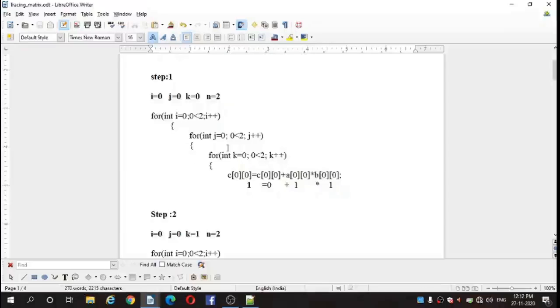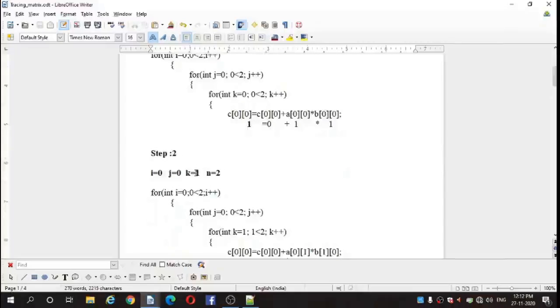We cannot go for the outer loop until the inner loop iteration is finished. This will be shown in the next step, that is step 2.